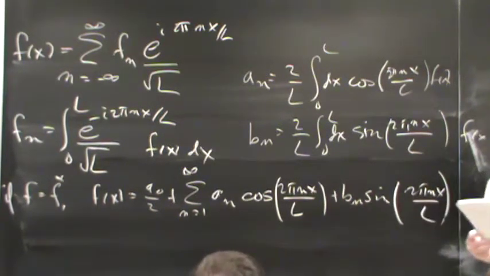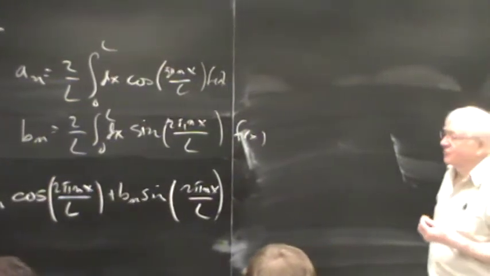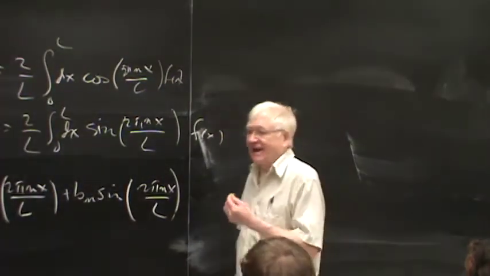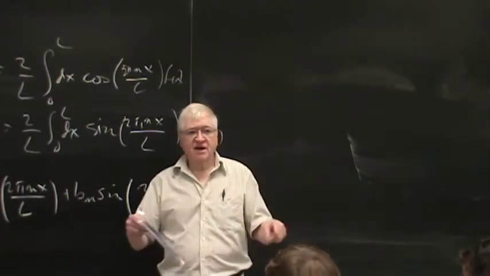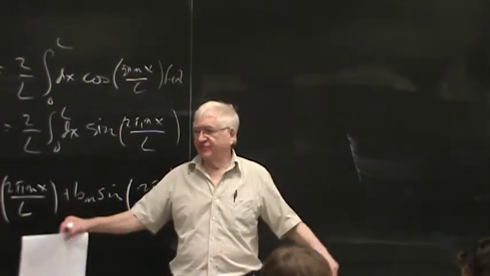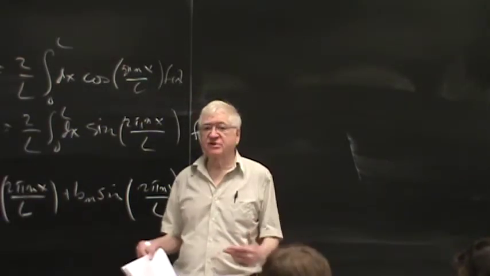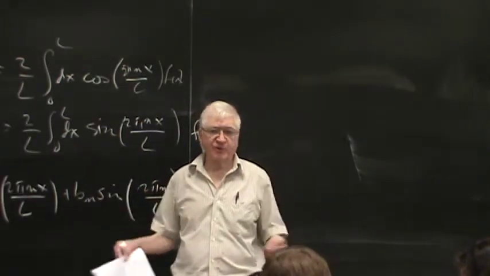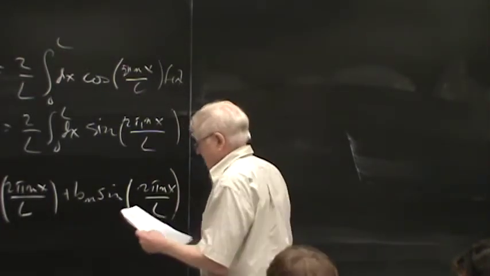Okay, the next idea is functions in several variables. So far we've just been talking about x. We could be doing Fourier series for the floor of this room, in which case we'd have x and y. Or we could do it for the volume of the room, and we'd have x, y, and z. And we might as well just say that we have